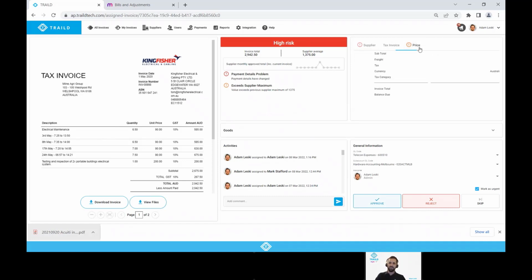Now, it's also picked up that there's a pricing concern. It says that it exceeds the supplier maximum. The supplier average for this supplier over a 12-month period is $1,375. This supplier has sent us a bill for nearly double the normal supplier average, so a material increase in the price. And between the payment details problem and the excess supplier charges, I'd be either rejecting this and sending